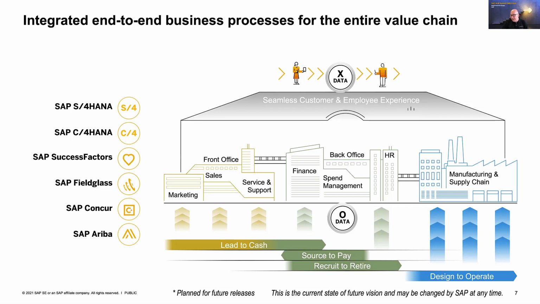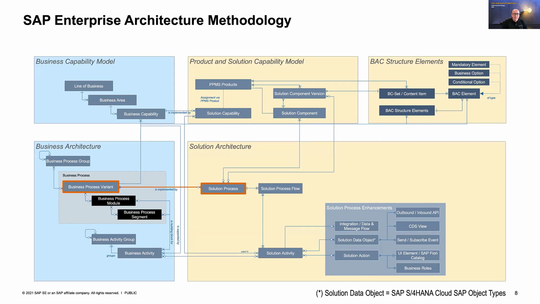And now the question was, how can we now define a meta model that describes processes independent from the different perspectives, so that we can apply the same language to describe processes for all the different perspectives? So no matter if I'm in a product, in a line of business, or if I talk about an end-to-end process, how can I now establish a language that serves all these different needs? And the answer to that was, after long discussions that I can tell you, the SAP Enterprise Architecture Methodology.